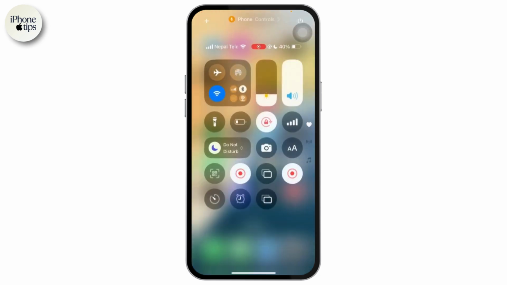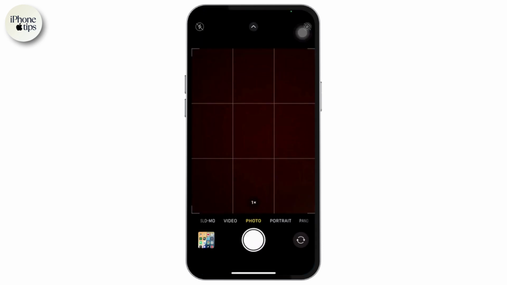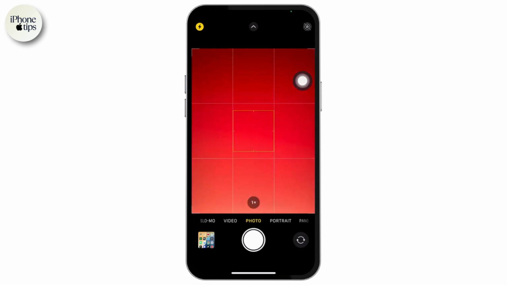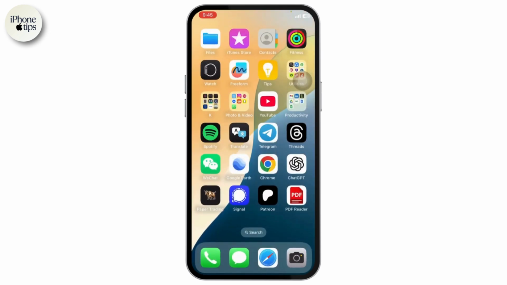So first thing, check your flashlight. For that, you can simply scroll down from the top right corner and you'll be on your control center. Tap on your flashlight option and check if the flashlight turns on or not. You can also head over to your camera and then check the flash on your camera. Tap on the top left corner and then simply click a picture. So as you might have noticed that my flash works fine, but if it does not work for you, what you can do is